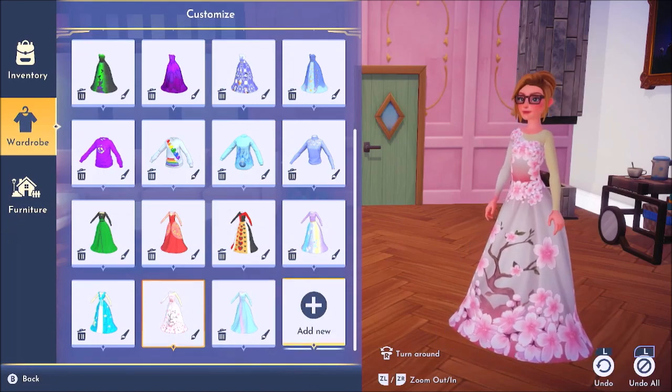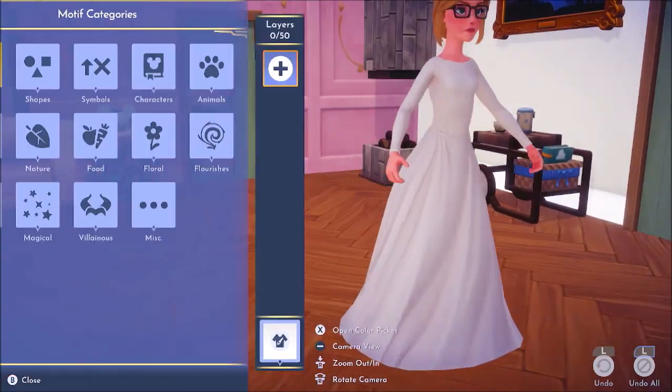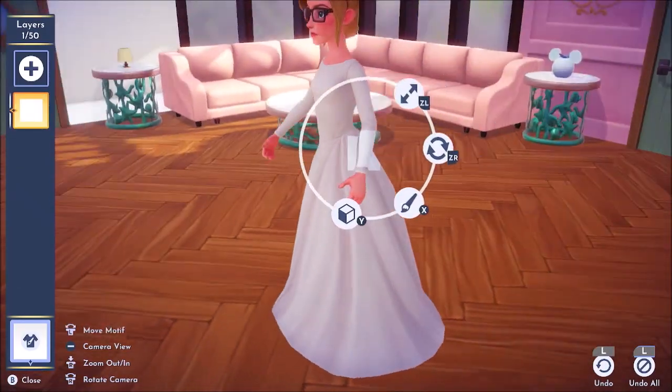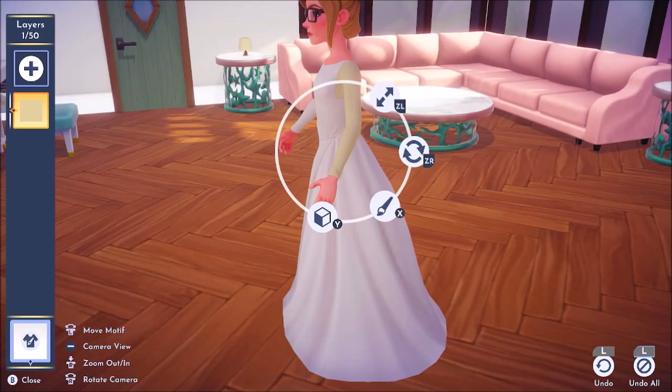Today I will be showing you how to create this cherry blossom dress. I thought it was perfect for spring and I love how it turned out, so I wanted to create a tutorial for you guys. So the first thing that I'm doing with these shapes is I am actually creating a